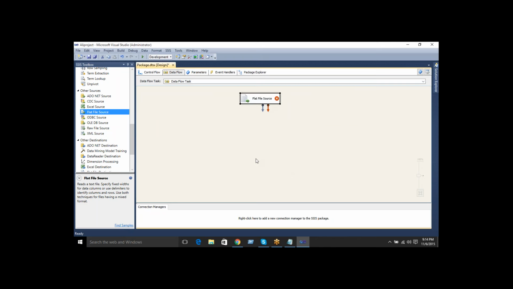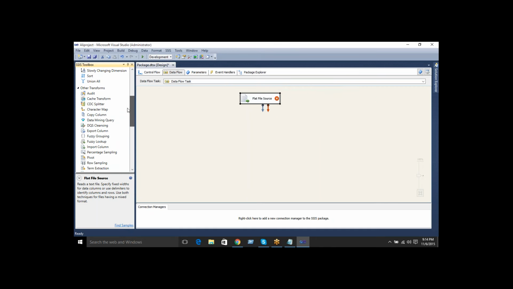In this plot file source, you have to browse the plot file and select this connection manager. Wherever the plot file is available, in your drive or any network location, you have to assign the path location of your plot file. Then after that, take your transformation.